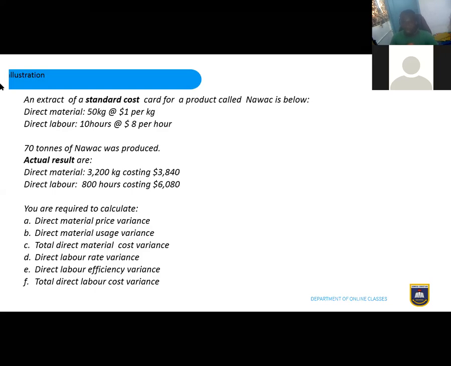So when it comes to the standard cost, this is what it entails. Then moving forward, they said 70 tons of Nawak was produced. Meaning this is the total quantity that has been produced during the period. Then we are now moving on to the second cost, which is the actual cost or the actual result. Direct material is 3,200 kilograms, costing